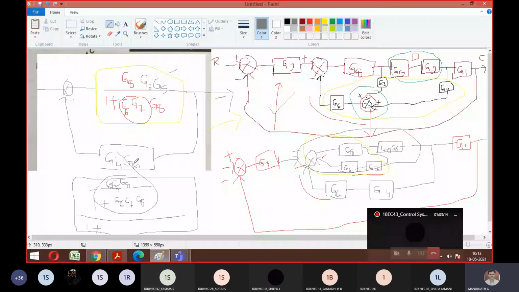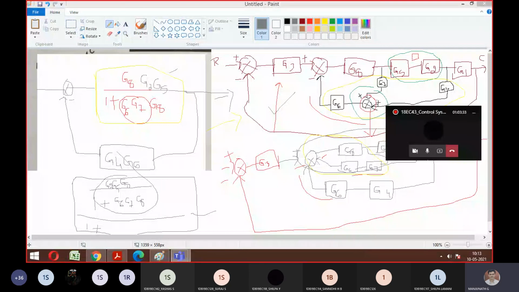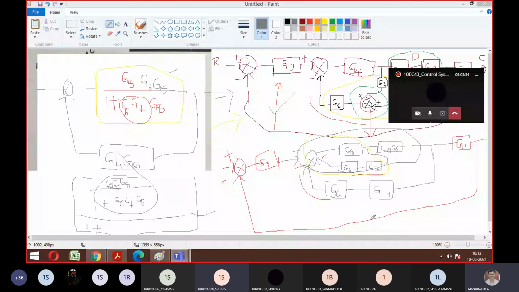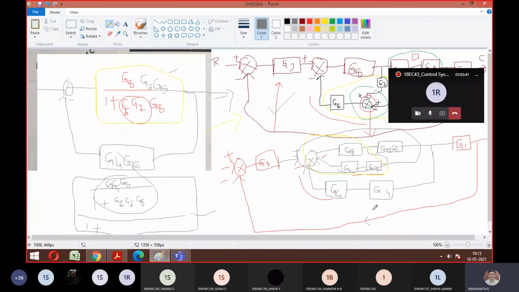Then this one block is in cascade with G1 as well as G3. Agree? Yes, sir. So then that is one complete path. But look at your complete path. What has happened to your feedback now? What is the value of this? 1. I told you, right? Two different types of feedback: one is called unity feedback, one is called non-unity feedback. If I say one is here, it means it belongs to the unity negative feedback concept. So here again, same concept, you can make this H as 1 and get the final answer.